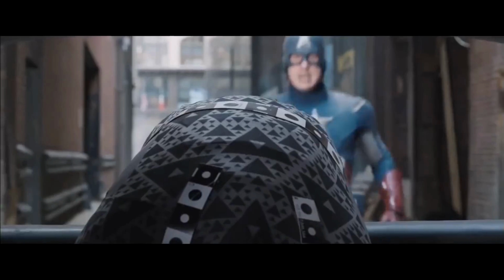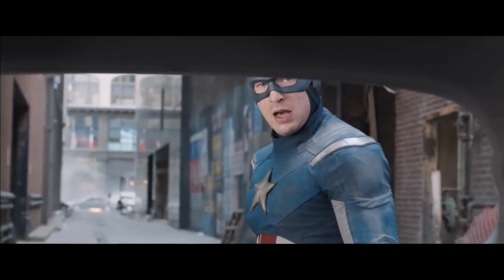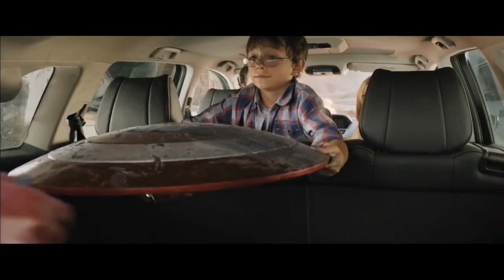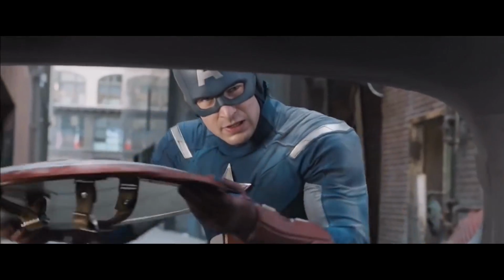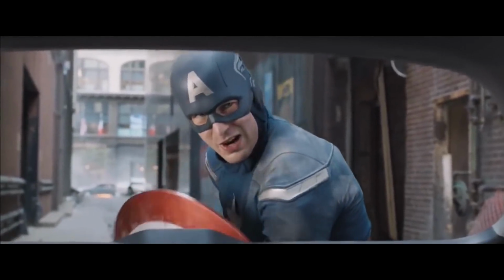This bit that was cut out. A deleted scene, as they say. You know, it's okay, it shows how Captain America goes above and beyond to help anyone, but what some have speculated, and this has been confirmed in no way, is that this kid is actually Peter Parker. If he's 10 or 11, that could absolutely line up time-wise,